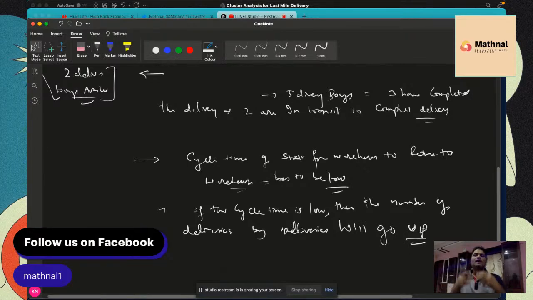If the cycle time is high, the number of deliveries by delivery boys will go down, because if they're taking longer time to start and come back, then we will use them less frequently. If they're taking shorter time to start and come back, we're going to use them more frequently. So this is the cost model which we need to use, and to achieve this cost model,